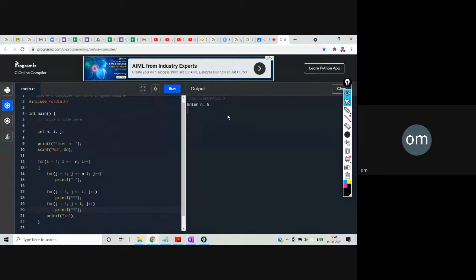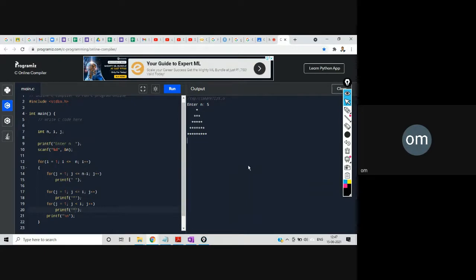One more time we'll run, make clear it. It's not coming. Yeah. So now if you see, we have printed the smaller triangle also, and now it's coming in this